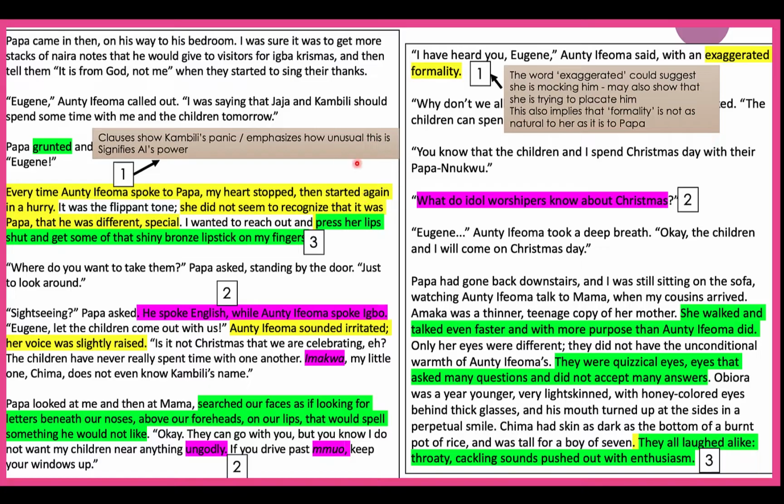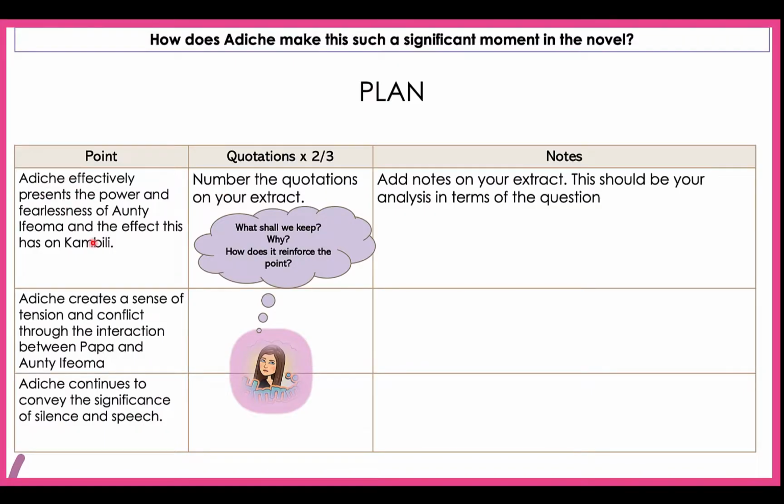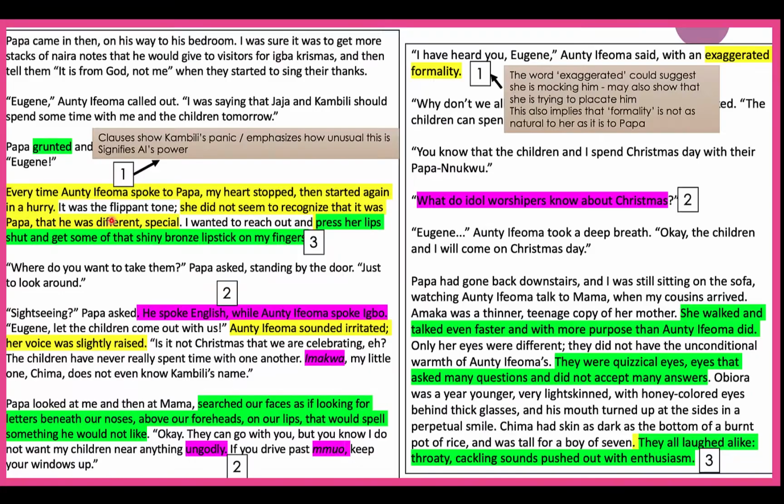Okay, so this is the extract from earlier. I haven't changed the colour coordination of my highlighting and my selection of quotations, but what I have done now is I've shown you the next stage of what I would do, which is to number them. So if we have my first point, Adichie effectively presents the power and fearlessness of Anti-Ithomia, I now need to go and have a look at which quotations I would use, and you can see that I've actually just decided